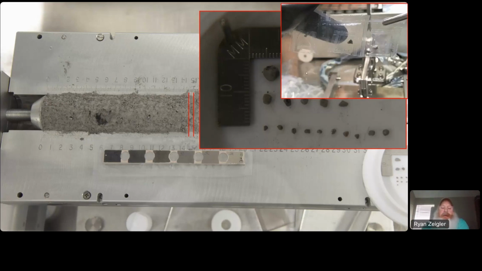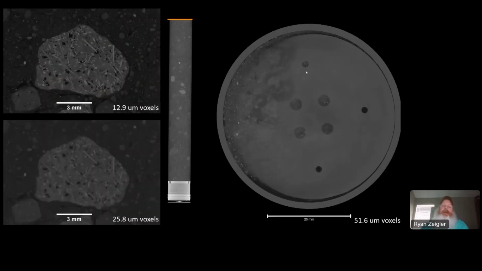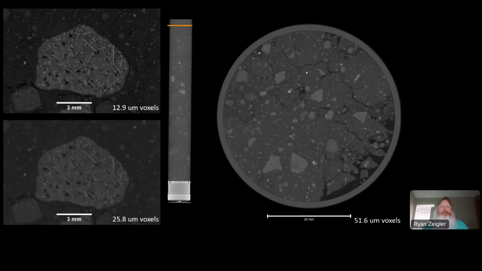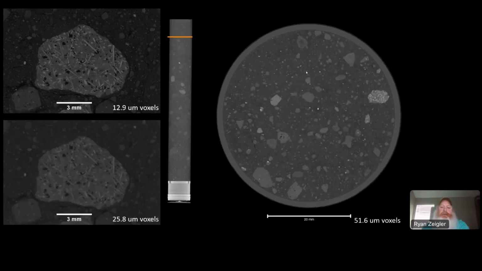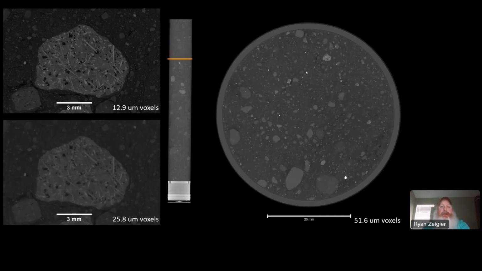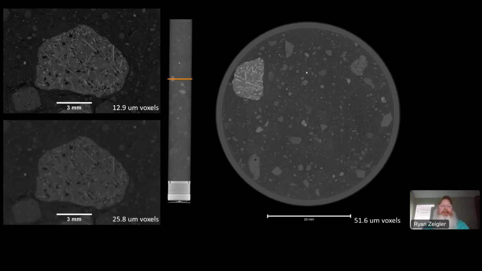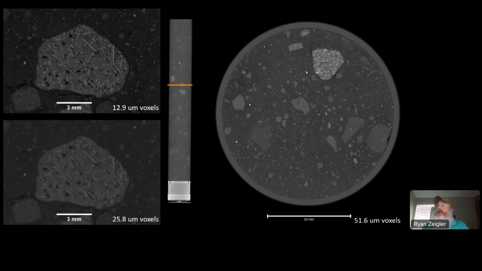So we relearned how to extrude and dissect cores, and that went really well. And then we had to figure out what comes next. What came next for us was, we didn't do this completely blind. We had the CT scan. Now, I think if you've seen me give a talk over the last few years, you've already seen this slide. We took the 73002 and 73001 drive tubes off to UT Austin, where they have a really good X-ray computed tomography laboratory, and we worked with them to take these continuous core scans of the drive tubes.